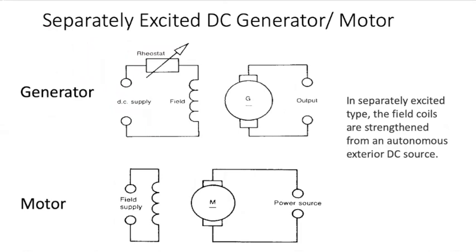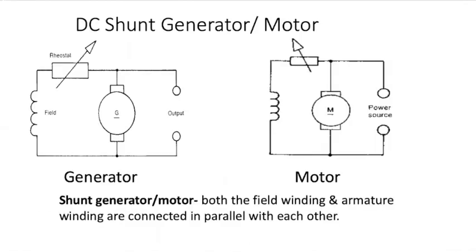Then this is the way we normally represent the DC machine, that is the generator and the motor. So we can see over here, the field has got a separate DC supply, while the armature has got a separate supply, and these are not electrically connected. Hence, it is known as the separately excited DC machine. And the top one is the generator, where you can see G is written inside. That means it is a generator. And if it is M, that means it is a motor. The motor will draw the supply from the given side.